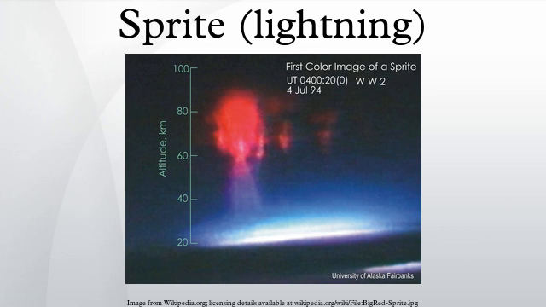In order to film sprites from Earth, special conditions must be present: 150–500 kilometers of clear view to a powerful thunderstorm with positive lightning between cloud and ground, red-sensitive recording equipment, and a black and unlit sky.